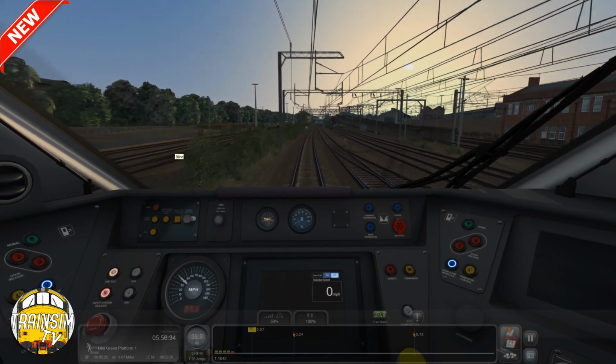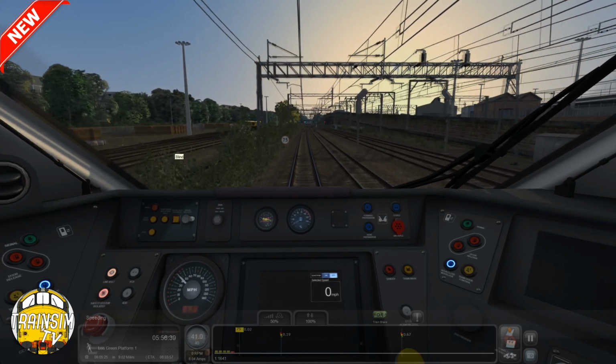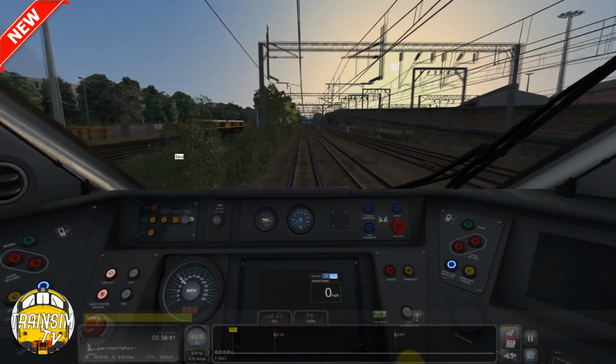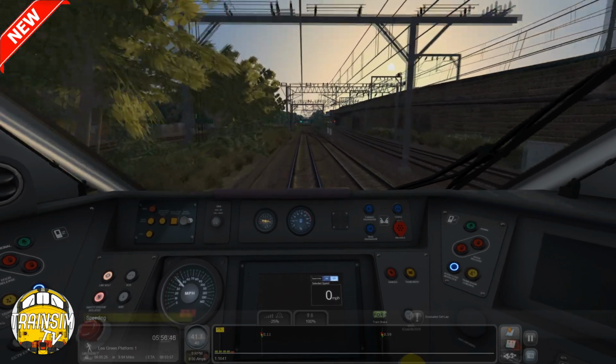I do recommend that you go and have a look at the manual as well. Do give that a read, because there's a few different processes that you need to learn, such as obviously the buy mode and stuff like that. It does feature the diesel mode,